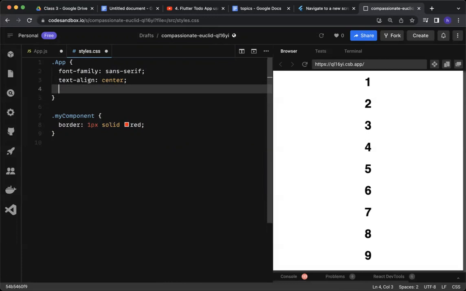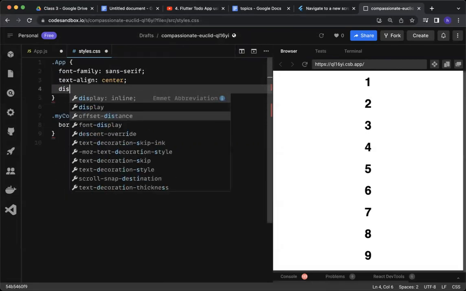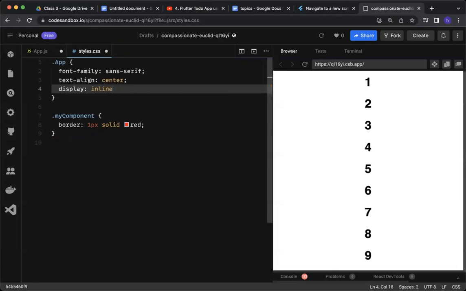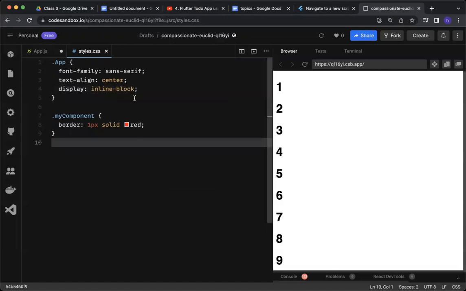Have we learned the CSS, the flex CSS, flexbox? Okay, so by default, this is a block. Maybe we'll take a look at next time. But if I just say display inline block, for example,